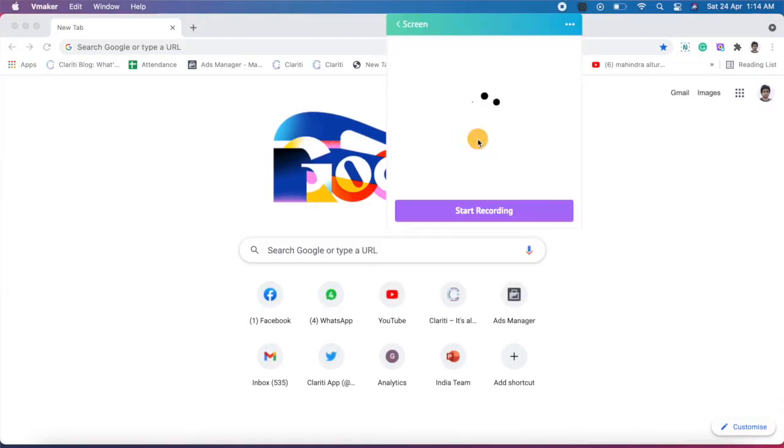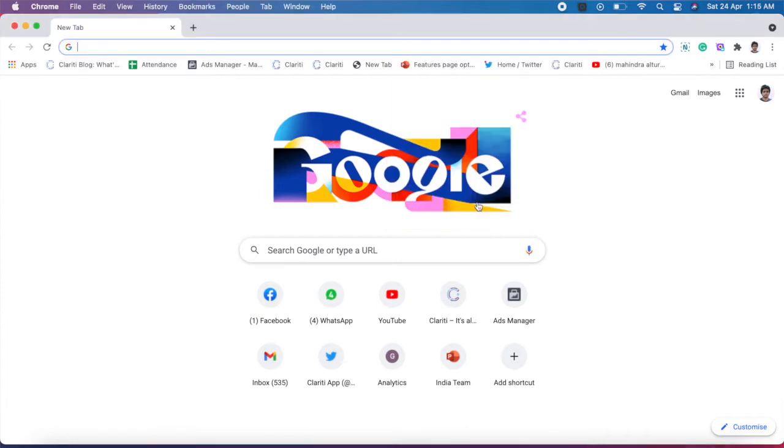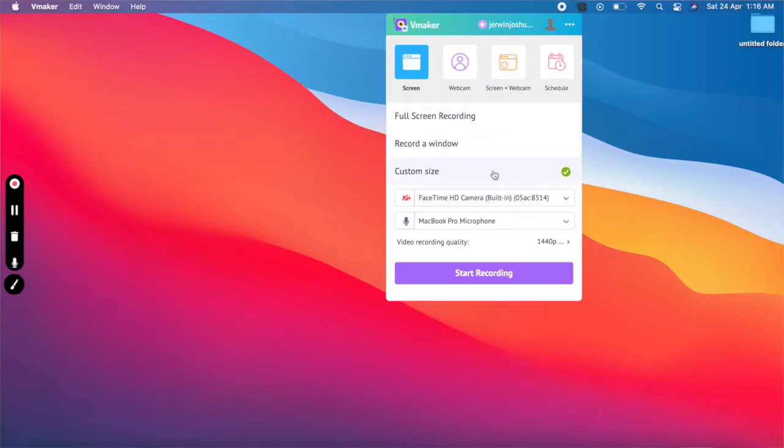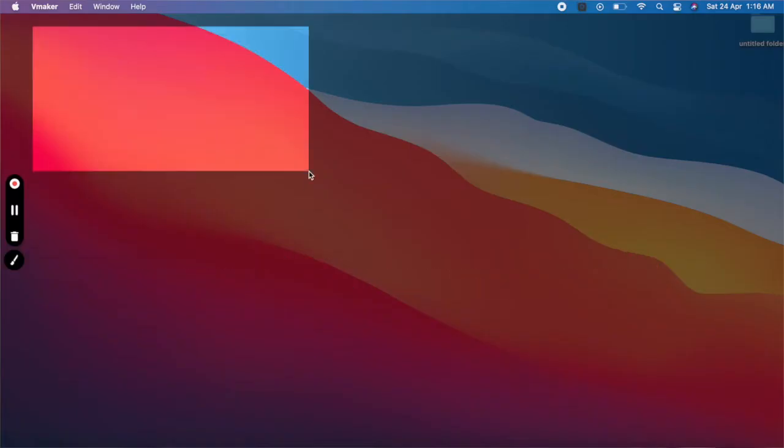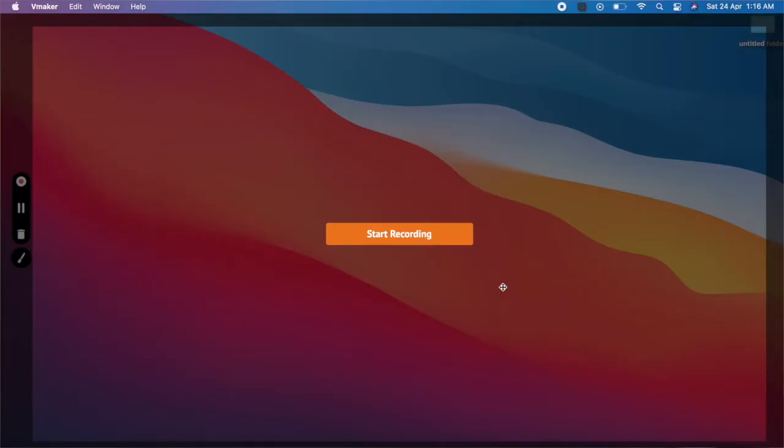Moving forward, when you start recording your screen, you can choose the whole screen or only a specific window. If you are a user like me who likes to keep multiple browser windows open, then this feature is a blessing for you. With Record a Window feature, you can select a specific window you want to record. Before you start recording, select the window that you want to record and vMaker will do the rest of the job. Coming to the next option, in custom size recording, you can drag and select only a section of a page or a window that you want to record.